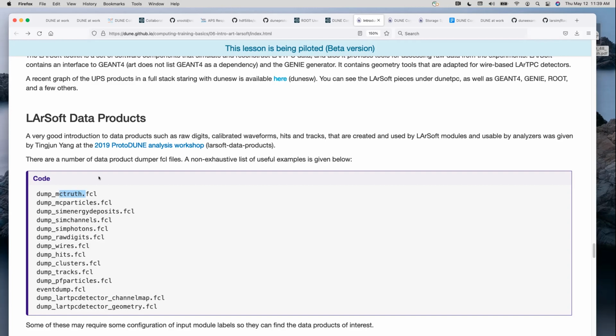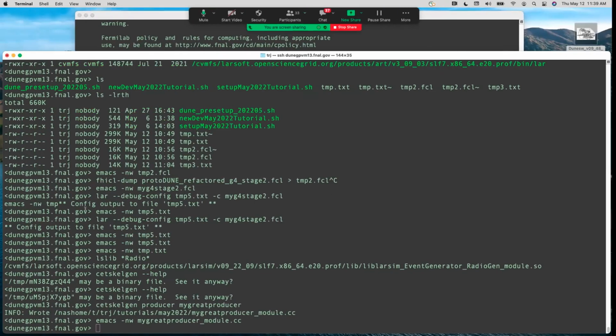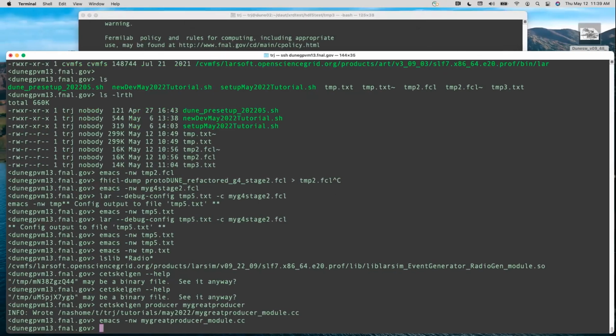MC particles is the output of the GEANT step. So you start with generator particles, but once they interact with the liquid argon in the detector or the cryostat or other material, they typically make a lot of other particles. And that whole list is simulated by GEANT and then put into MC particles. So these dumpers, what they do, these are FHiCL files, which you can use on an art root file and